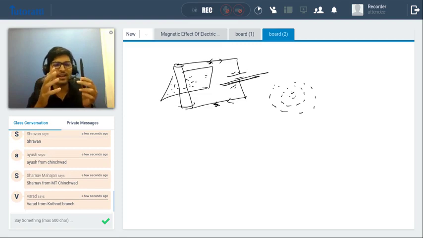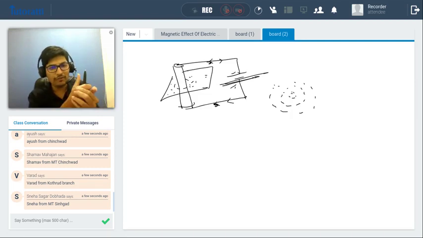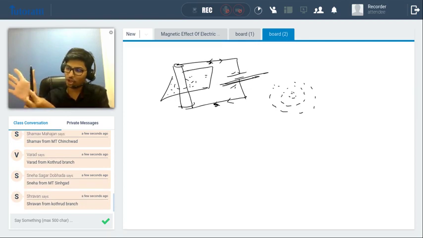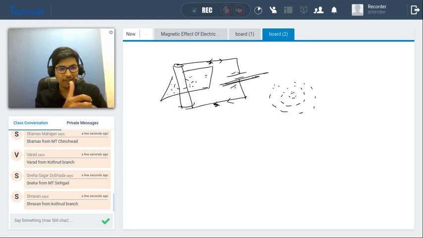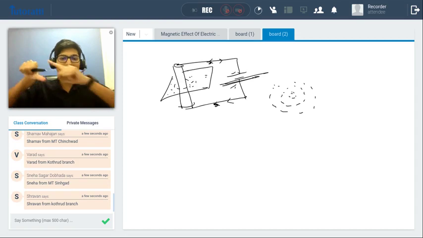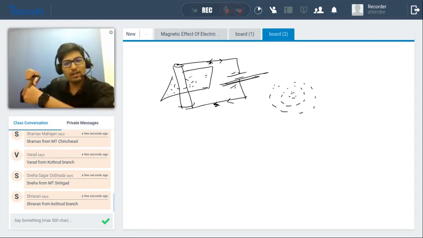So hold the current carrying conductor in your right hand with your fingers curled around it. I mean, you need to curl. If you look at this, I'm curling my fingers here, right? You curl your fingers here. Once you've curled your fingers, you need to stretch your thumb. I don't know if you could see this, my thumb is stretched along the length of this wire. Now if my thumb were to point in the direction of the current, is my thumb pointing in the direction of current? Yes, because I said that current is going from bottom to top, right? Then the direction of my curled fingers, if you notice over here, basically gives you the direction of